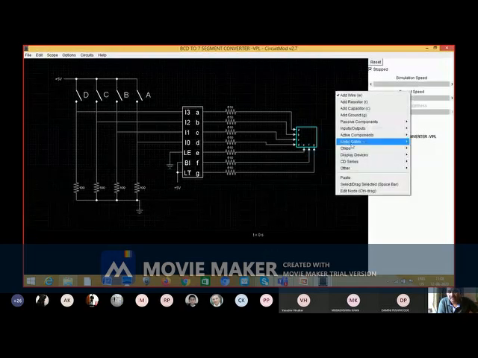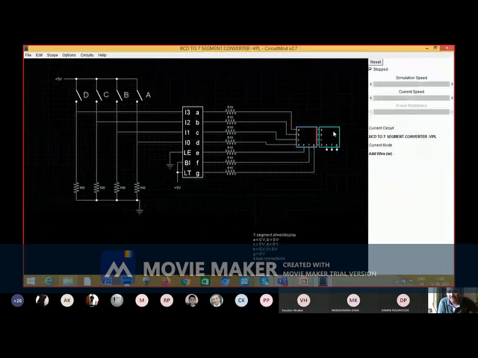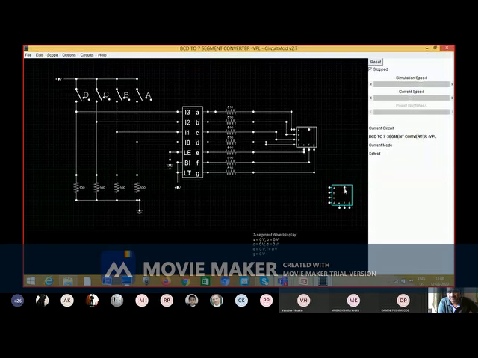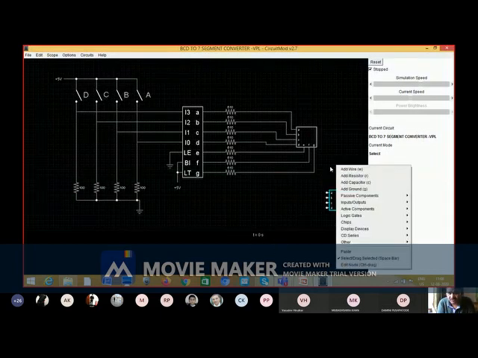Copy and paste, and I will take this component here. So this 7 segment display, friends. There are 7 inputs.